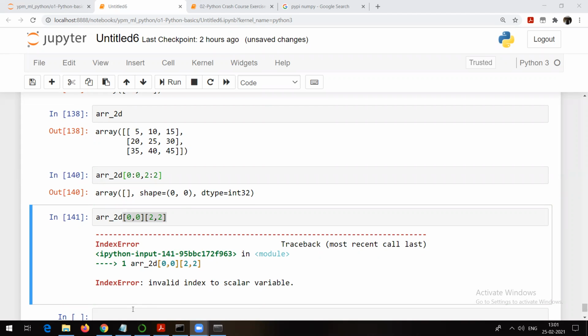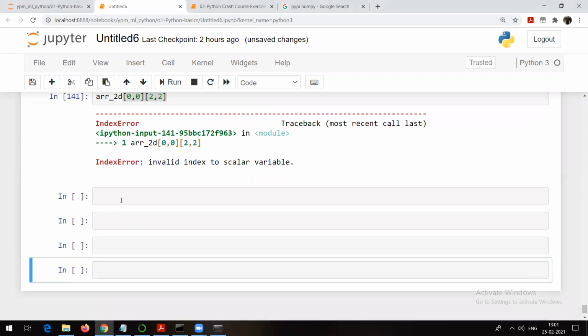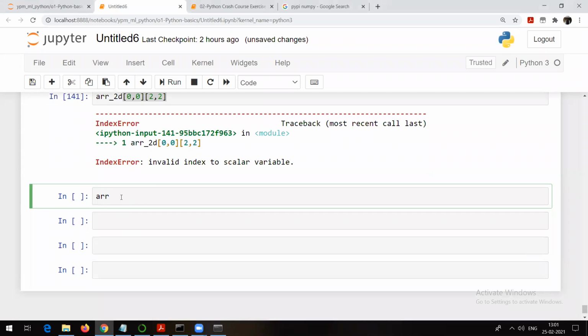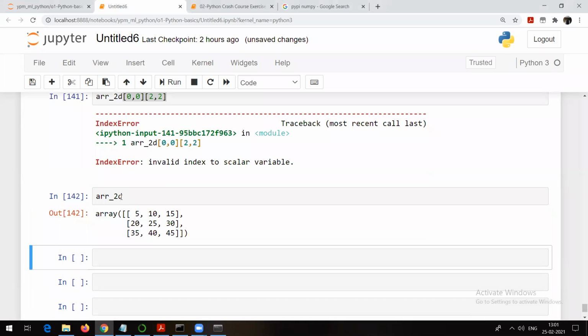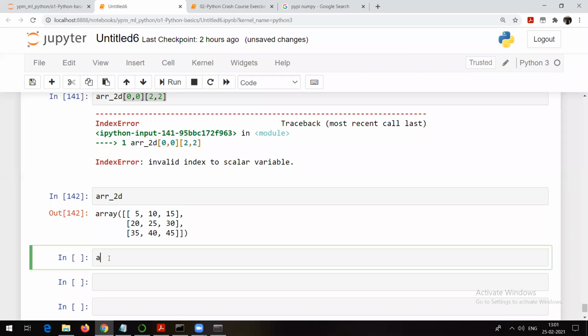See, let me show you. This is what ARR_2D is. Right? What did I ask you? How to grab 5 and 45. So just check which is the row we want. For 5, row is 0. For 45, row is 2. So what I will do is ARR_2D of, first of all, write down the row numbers, whatever you want, in a separate bracket.